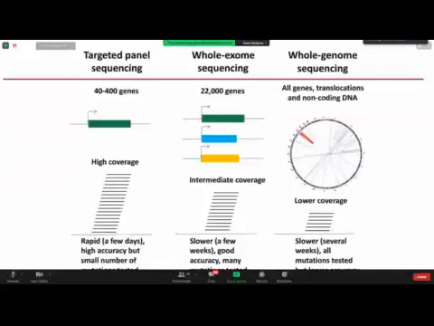So coverage is basically like how many times you sequence that region. So if you are sequencing these 400 genes, how many times are you going to sequence these 400 genes? Similarly you can have 20,000 or 25,000 genes, और जैसे जैसे हम बड़ा रीजन करते जाते हैं, तो हम उसकी कवरेज भी थोड़ी कम करते जाते हैं,